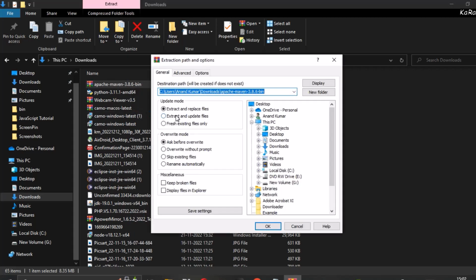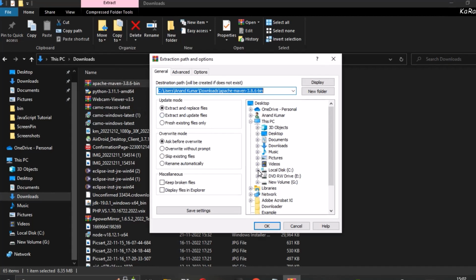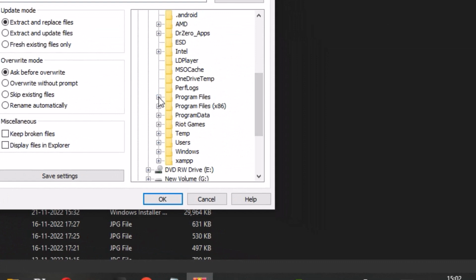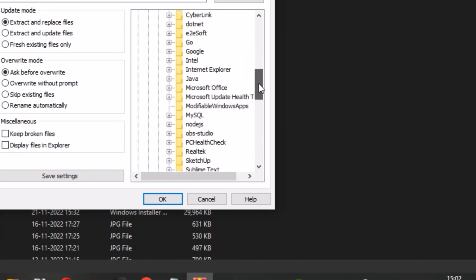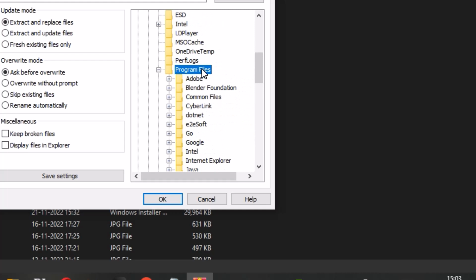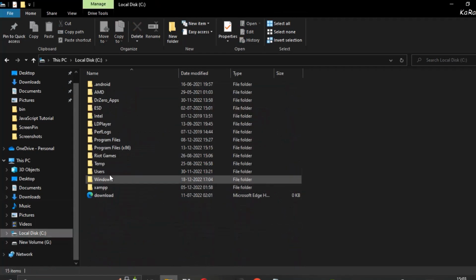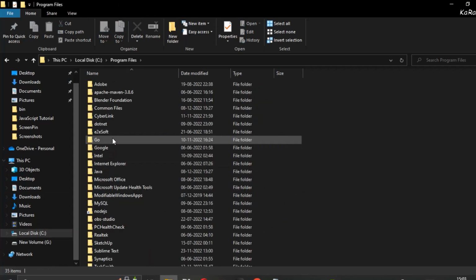Do not click on extract here. Go to Apache, C drive, and then go to Program Files, and now select this Program Files only, and just click on OK, and allow the permission to extract this file to the C drive. Now let's go to the C drive where it is actually extracted. So go to Program Files, and now go to the